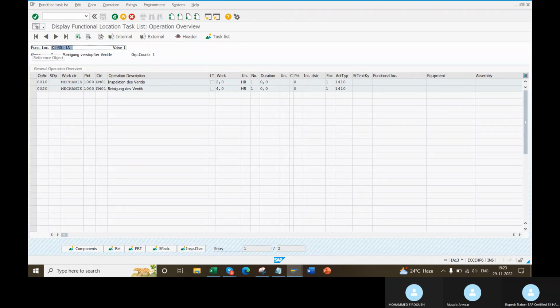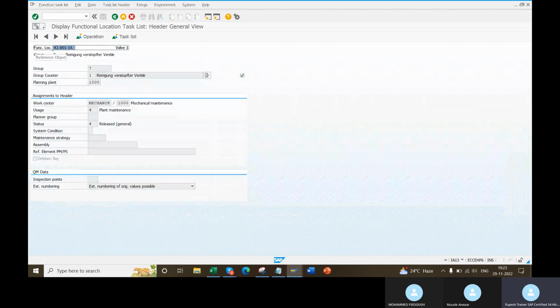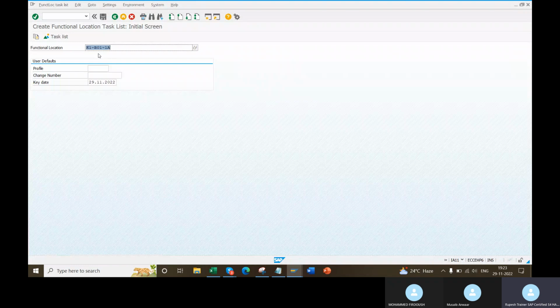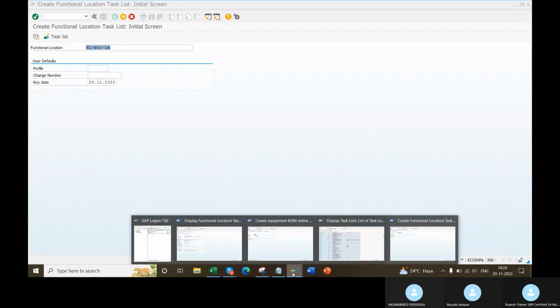See here, the FL name will come everywhere. If you go to the header also, you will get the FL name. That's all, FL task list. While creating FL task list, you need to enter the FL number here. That's all. Got it, Anwar? Any questions? Anwar, clear? No, sir, clear.